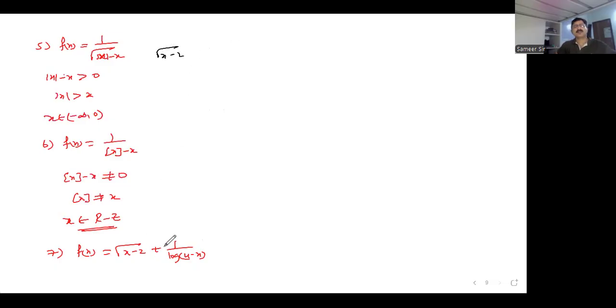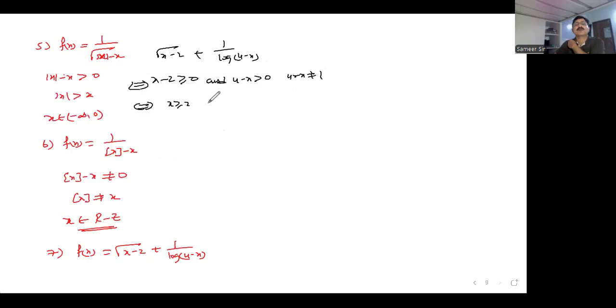तो अभी क्या करेंगे, करना क्या है, तो अलग से ले ले, √(x - 2) एक ले ले, बीच में प्लस आर माइनस कोई मायने नहीं रखता भाई, टू टेक लाइक दिस log(4 - x), बी केयरफुल, x - 2 इज ग्रेटर देन इक्वल टू 0 एंड, 4 - x शुड बी ग्रेटर देन 0 एंड 4 - x नॉट इक्वल टू 1, log 1 क्या होता है, 0 होता है ना, इसलिए वो नहीं रहना। तो यहाँ पे क्या हो रहा है देख भाई, x इज ग्रेटर देन इक्वल टू 2 एंड x इज लेस देन 4 एंड x इज नॉट इक्वल टू 3, तो मतलब x इज ग्रेटर देन 2, तो [2, ∞) लिख दे सकता हूँ। यहाँ पे x बिलोंग्स टू, ये